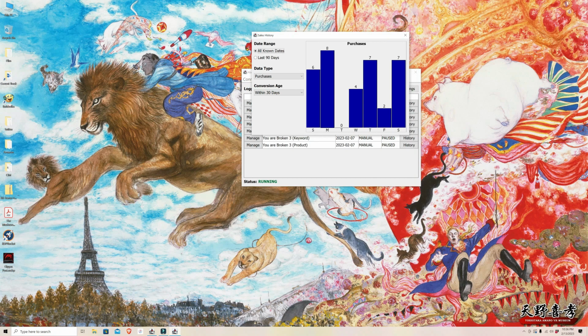Still, I got a good haul for the month of December, and keep in mind this is only one of the ad campaigns I used that month. The real numbers are roughly double this, but because I did not yet have a proper control panel for my Amazon ads, I ended up paying way too much for all of these conversions. These are arranged by day of the week: Sunday, Monday, Tuesday, Wednesday, Thursday, Friday, and Saturday.